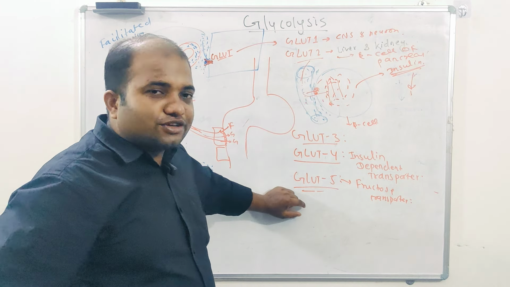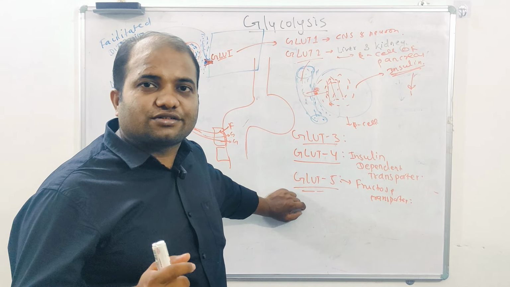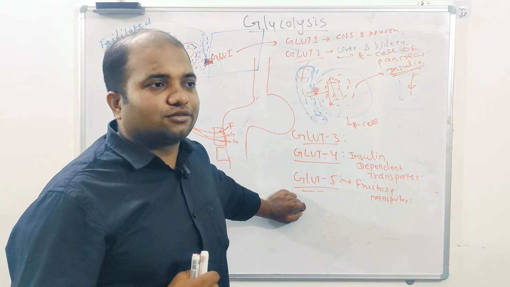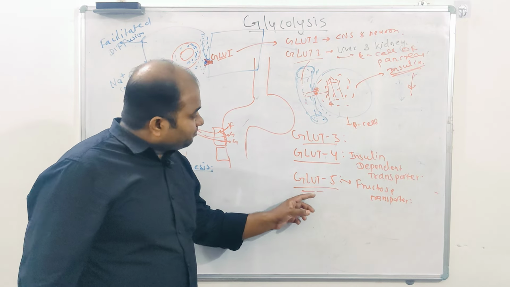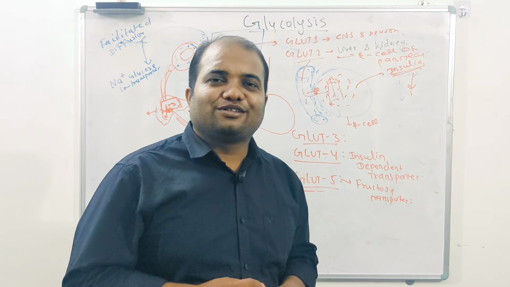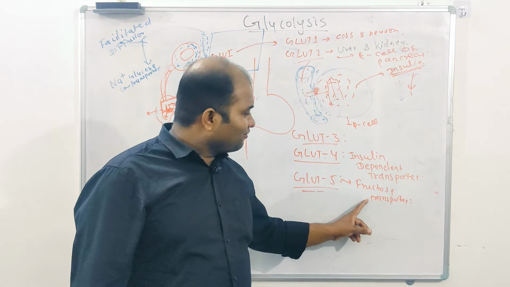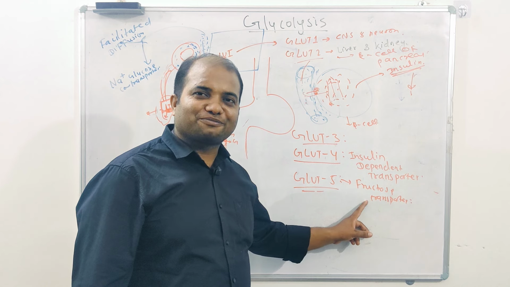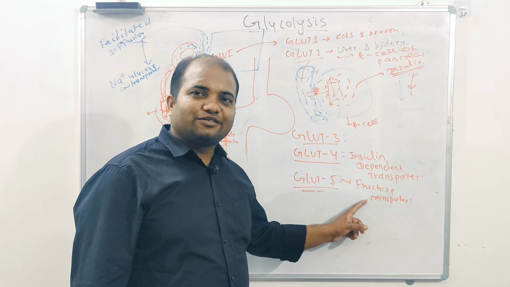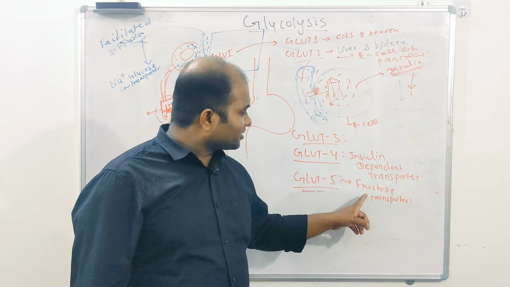Out of glucose and fructose, which one is sweeter? Of course, fructose, right? Fructose is sweeter than glucose. Now, which part of your body loves to have sweet things? Those cells will love to have fructose, because fructose is sweeter, you know. So which cells? Taste buds, no? You people are thinking something else.